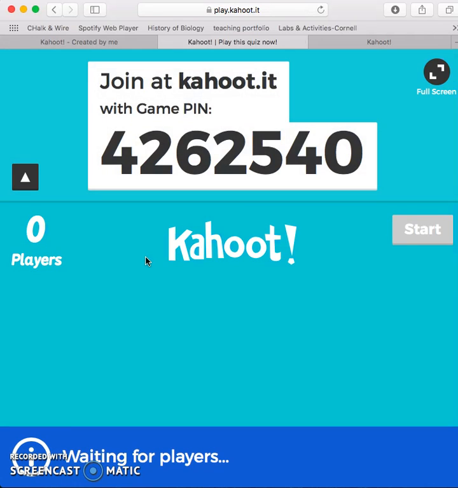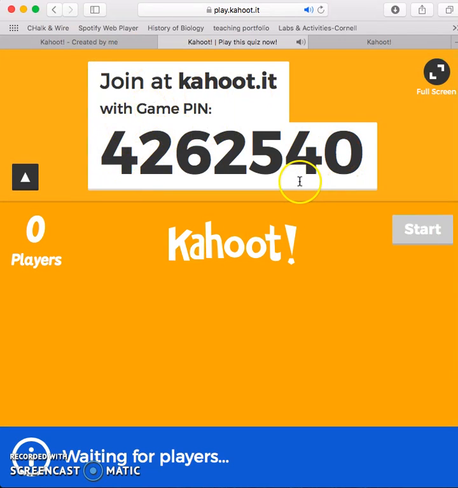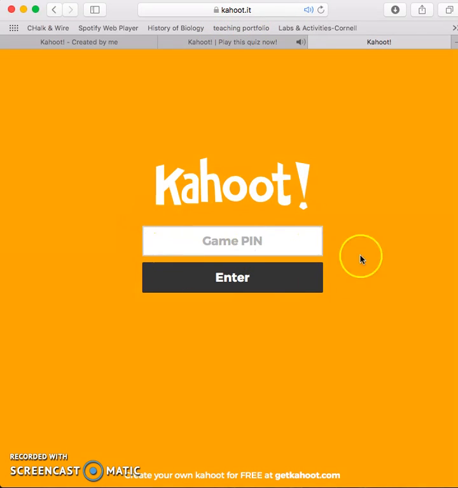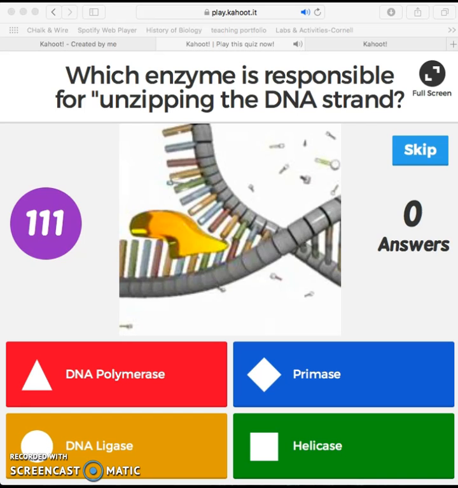The Kahoot will then generate a game pin, outlined here, and the students will have to log on to kahoot.it and enter the game pin in here. The teacher's version will be projected either using a smartboard, a projector, or some other interactive tool so that every student can see the screen. Once the teacher begins the activity, the questions appear on the board in the front of the class, and the students then answer the question using their devices that are linked to the teacher's account.